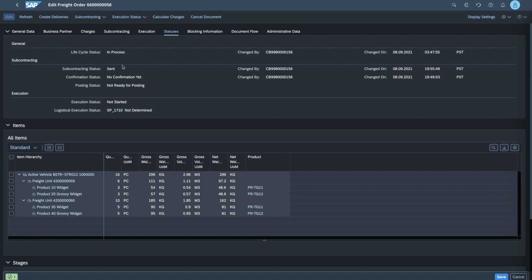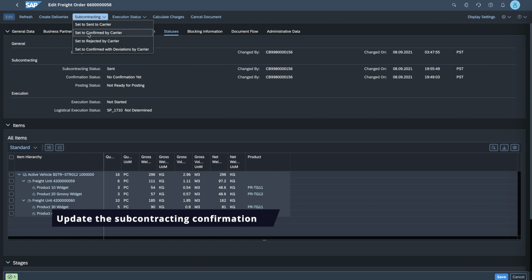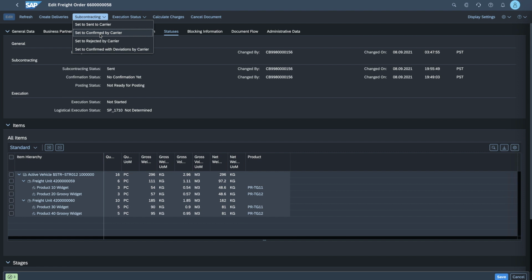And what you can then do in the system is update that subcontracting status by choosing the option to set to confirm by carrier to reflect the fact that your carrier has come back to you to say, all good, I will execute this freight order based on what you've indicated to me in terms of cargo, weight, distance, destination, and of course as well cost. So we're going to say set to confirm by carrier, and the confirmation status should then also be updated to, as you can see here, being confirmed. So I can save my freight order now,